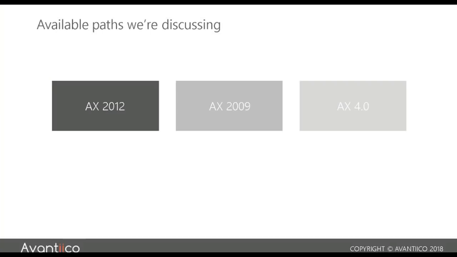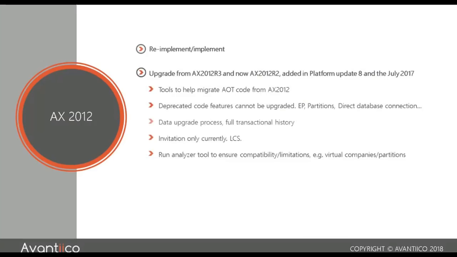So let's talk a little bit about 2012. We'll start at a high level, and then we'll go into some more details. So what are the options? If you're running AX 2012, you've got 2012 RTM, R2, and R3. When Microsoft announced their upgrade path, initially it was only for R3, but they've recently added support for 2012 R2. So if you're on 2012 R2 or R3, there is an upgrade path for your code and your data to